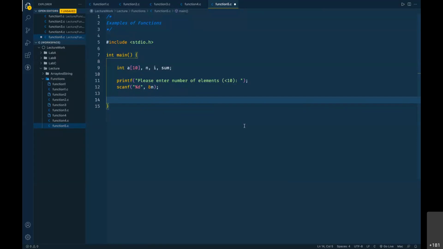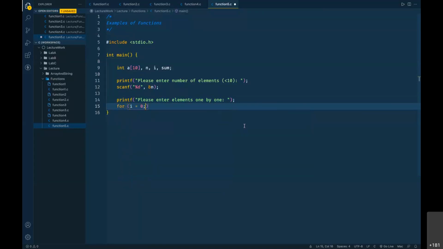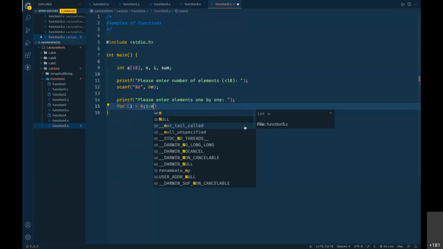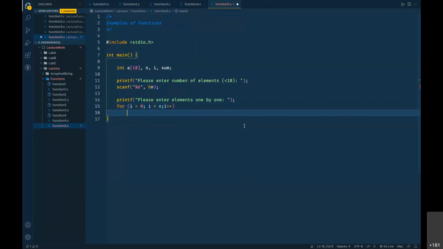So later what we'll do is again we'll ask user, we'll give a message. So please enter elements one by one, right? And then we are going to run a for loop for I equals to 0, I less than n, because we require total n number of elements, I plus plus, and inside that we are going to scan that value.